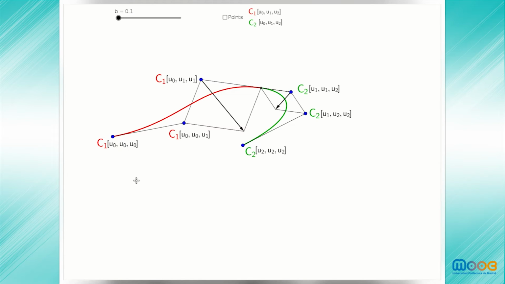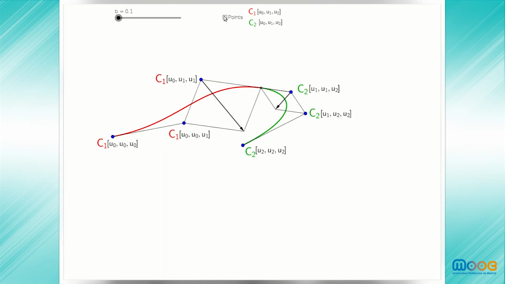On the screen we can see a C1 union of two cubic Bezier curves, and it's not a C2 union because this vector and this vector are not parallel. So when we move the slider to get a C2 union, now the resulting curve is a C2 union of two cubic Bezier curves. This vector and this vector are both parallel and are in the proportion given by time parameters. So this is the C2 condition.